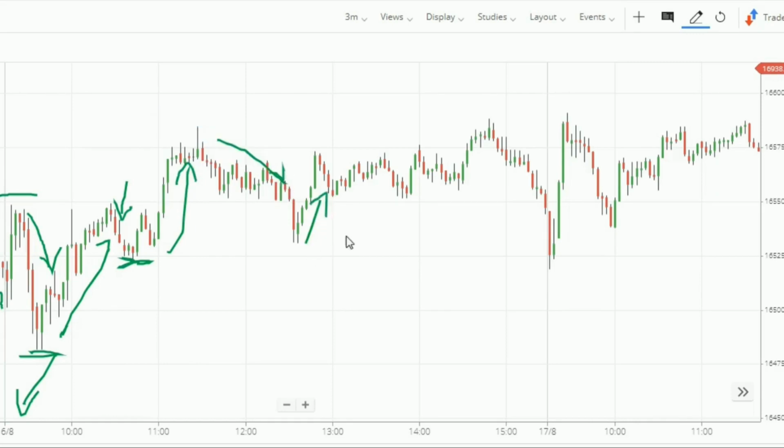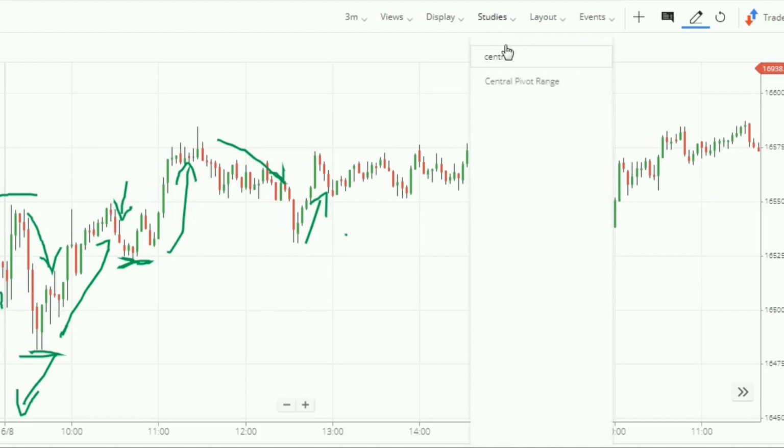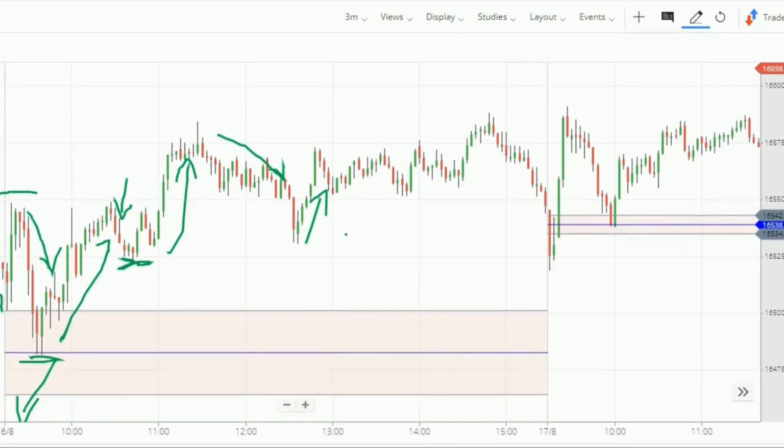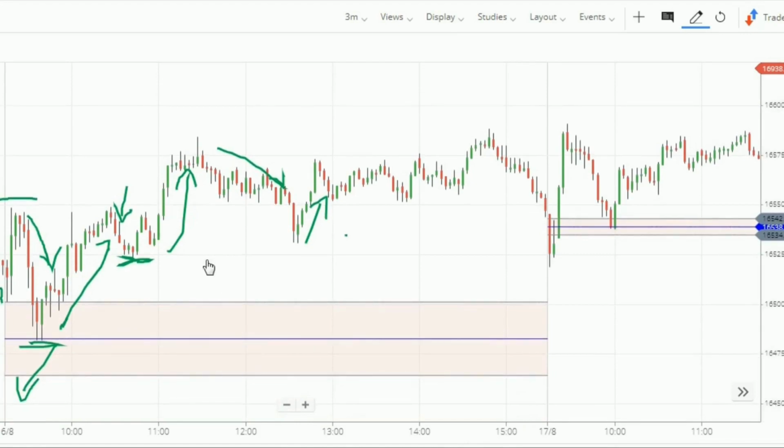Reading a chart like this can be very difficult in the live market. If you have indicators like CPR, it can really give an edge to your trading system. See how beautifully CPR is giving support to the market. The price of the stock came down and took a support here. Now, we were using CPR, which I have already told you gives powerful support and resistance,